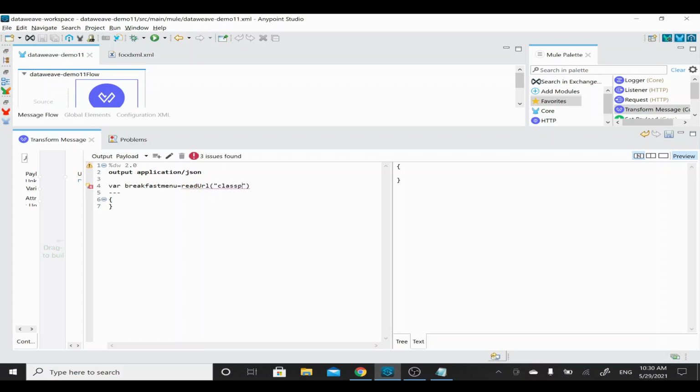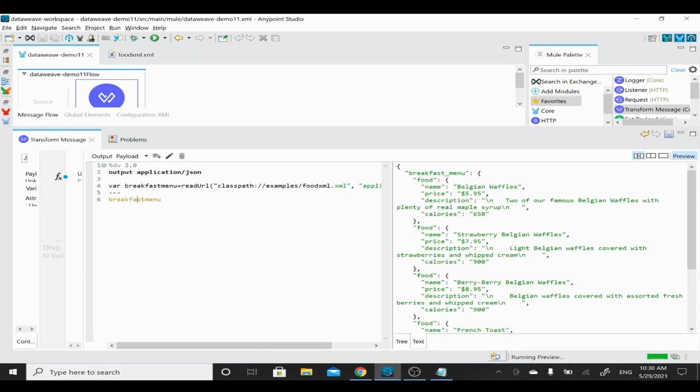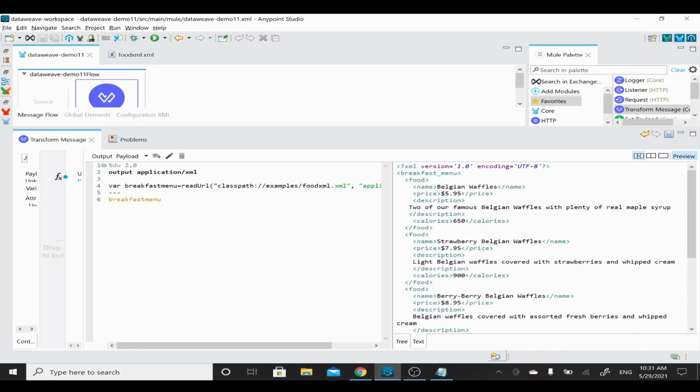So this is the syntax which we need to use in order to extract the samples. Okay, so examples, and this file name I just kept as food.xml, and this is the XML file. So we have to give the content type also, just to denote that it is XML type. Okay, so now if you see here, there is no syntax error, and this one is our payload. This breakfastMenu variable is our payload, right? So I'll just copy this, and then I'll put that one for our payload. Okay, so if you see, I just printed that, and it's able to extract the data, and it's giving the information in a JSON format, because if you see here, we gave the output type as JSON. So if I give output type as XML, then it will give it in an XML format.